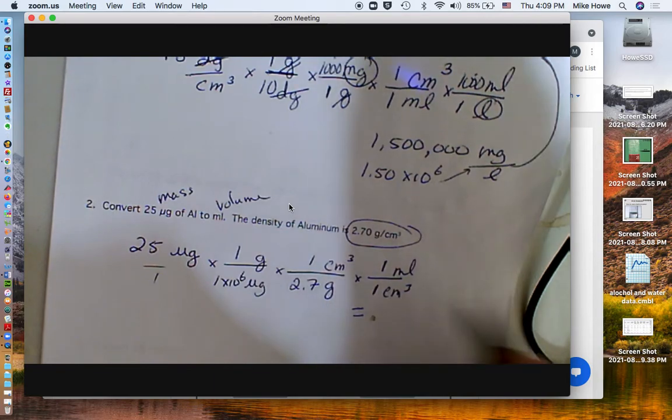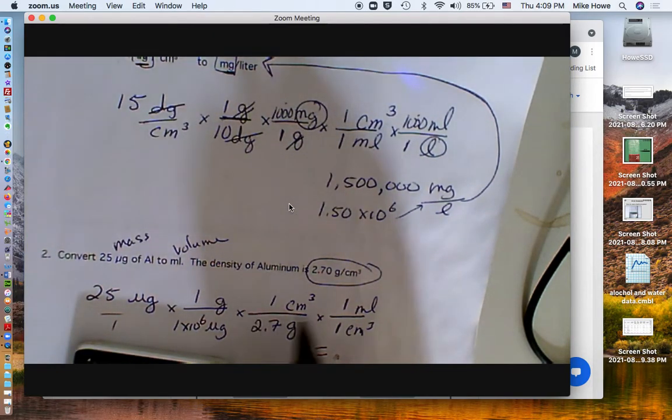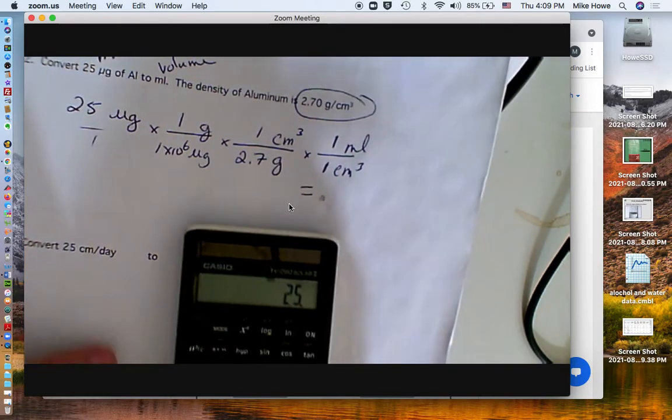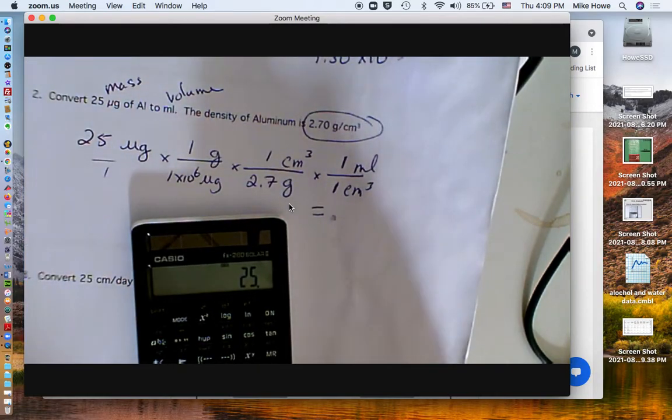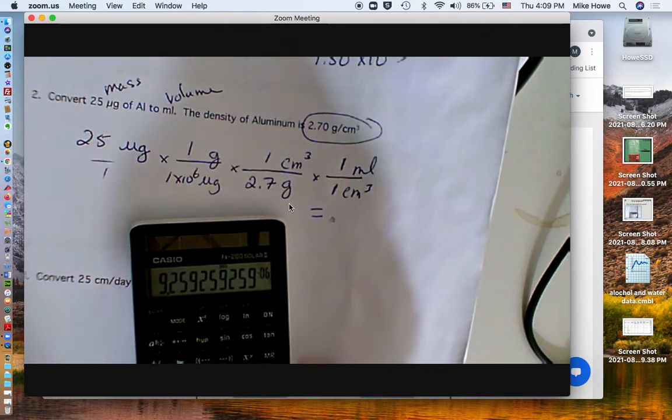Now our final answer on that is going to be 25 times 1 times 1 times 1, which is 25. Then we're going to divide by everything that's on the bottom. So we're going to divide by 1 million. So notice how I type this in the calculator. Divided by 1, then use the EE or the EXP key and a 6. You don't hit times 10. Then you hit divided again by 2.7. And our answer is